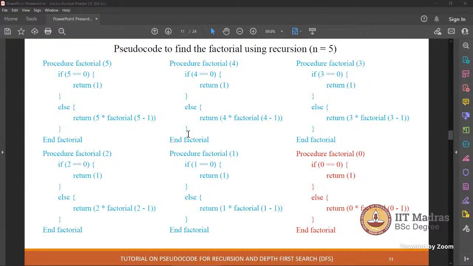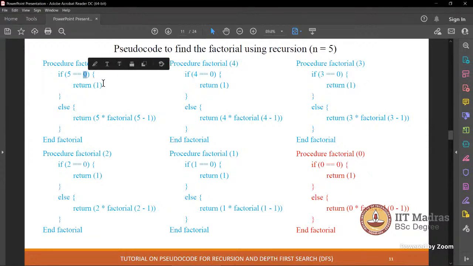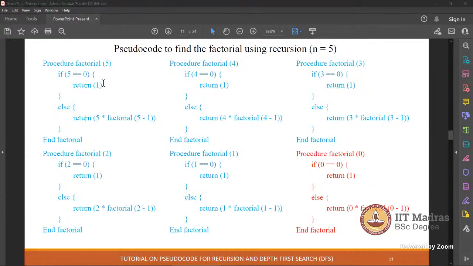Yes, sir. Actually, I just want to know, can we restrict that if portion, like 0 is equal to 0, that Boolean function, or 1 is equal to 1 and return 1? Yes, you can. As I said, it depends on how you implement it. You can even say 1 is equal to 1 and you return 1. In that case, the original code itself should change to 1. That's also fine, nothing wrong in it. The only problem is, what if my input is 0? Your procedure will not return anything, right? It will fail. That's the reason it's better to have it 0. Understood? Understood, sir.